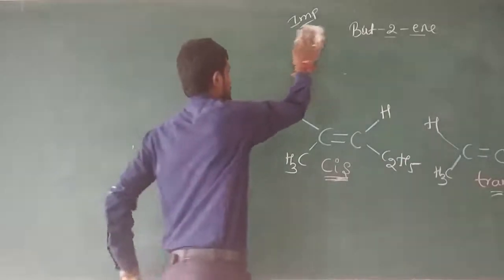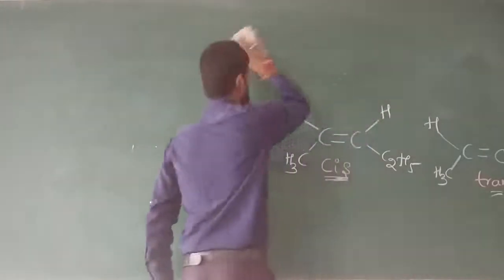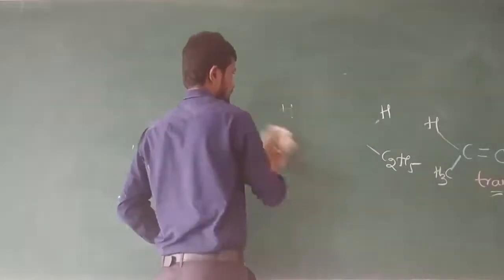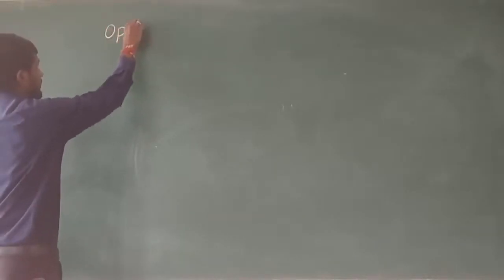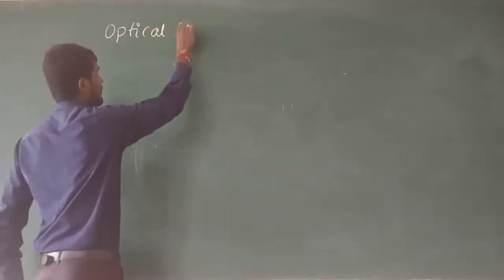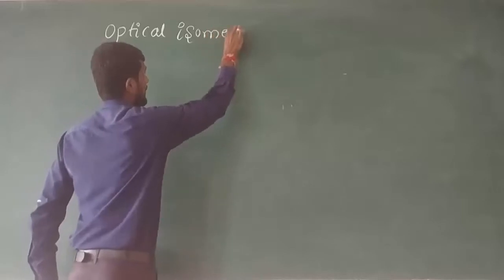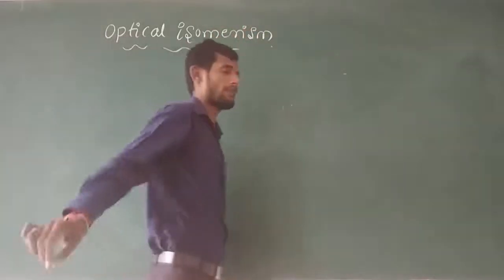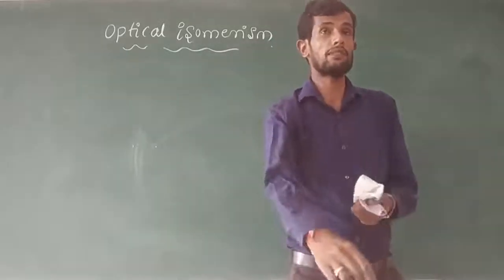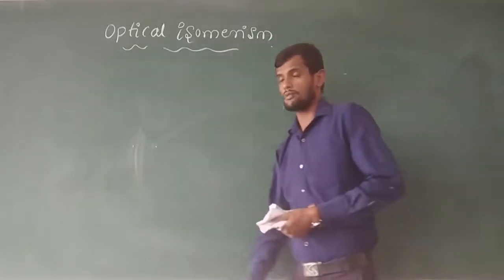In presence of stereoisomerism, the first one is geometrical isomerism. Okay, students, next another type of isomerism, that is optical isomerism. The detailed study of this geometrical isomerism and optical isomerism also appears in another chapter, that is